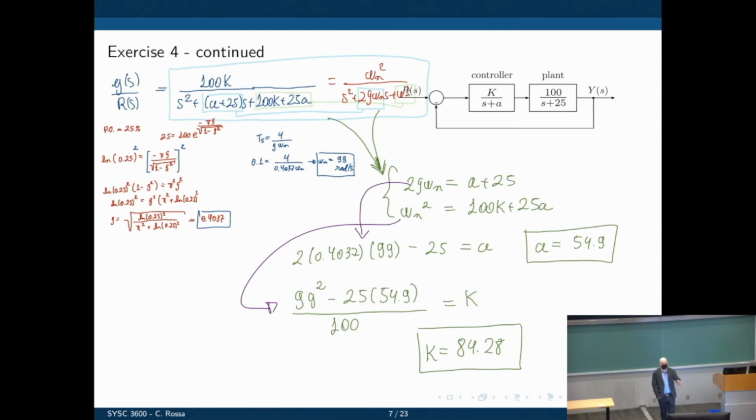Yeah, we're just equating the coefficients of S on both the equation we have and the standard form for it. So on the top of the equation, omega n is 100K, then omega n squared. And then on the bottom, it's 100K plus 25A. Right. So good question. We have omega n on top of the equation as being 100K, and on the bottom of the equation, omega n is now 100K plus 25A. So that's indeed